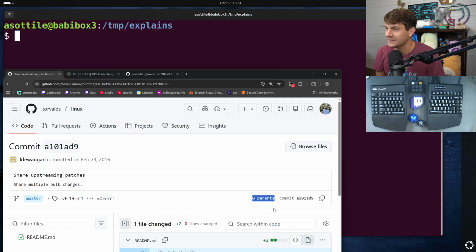but you'll notice here that we are in the Linux kernel and this commit has 0 parents. Now, what does it mean for it to have 0 parents? This means that it is a root commit of a repository. Normally when you think of a Git repository, it usually only has one first commit and then everything else extends on in the history from that first commit. But actually, Git repos can have many root commits. And in fact, the Linux kernel, I think, has 4 now.